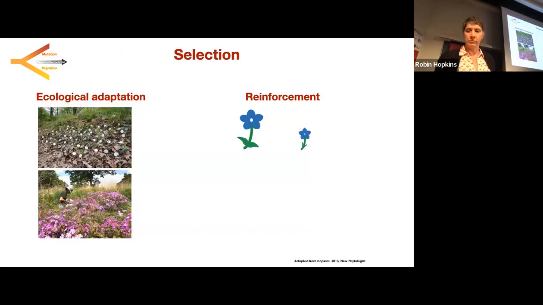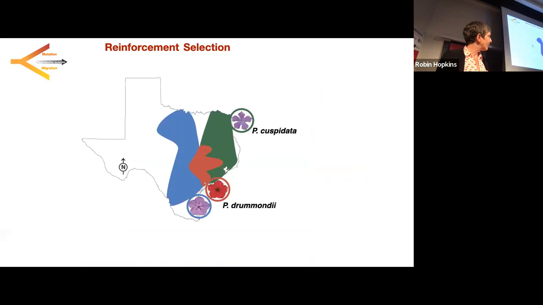So if we look, let's go the other way. Okay, this is a geographic distribution of Phlox drummondii, where throughout most of its range, in blue, we have this light blue purple flower color. On the eastern edge of the range, all the plants have dark red flower color. And that area of dark red actually overlaps with an area of sympatry, or geographic overlap, with a closely related species, Cuspidata. So where you see red on this map, those two species co-occur.